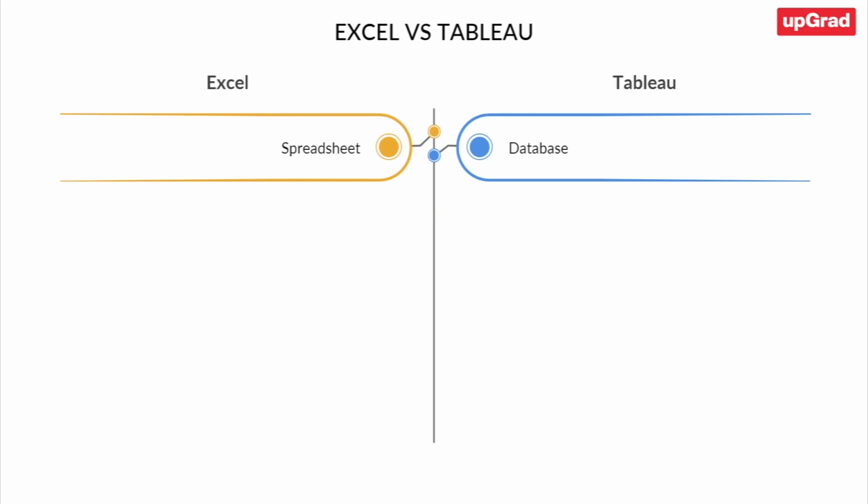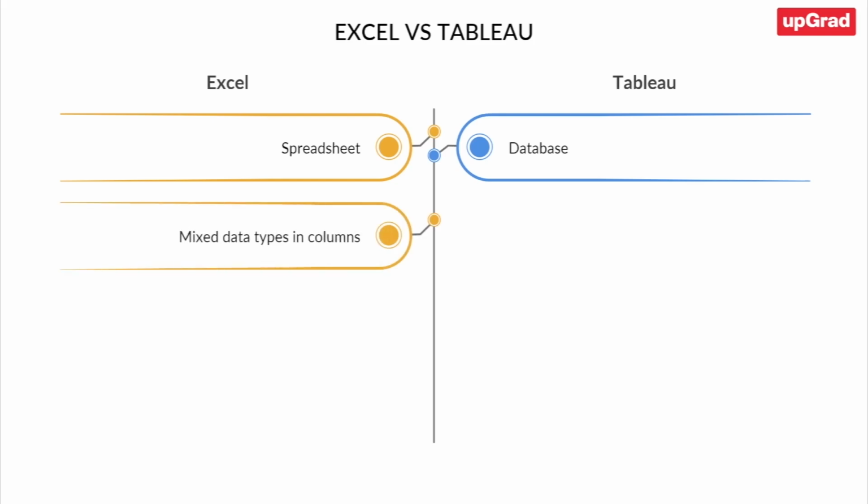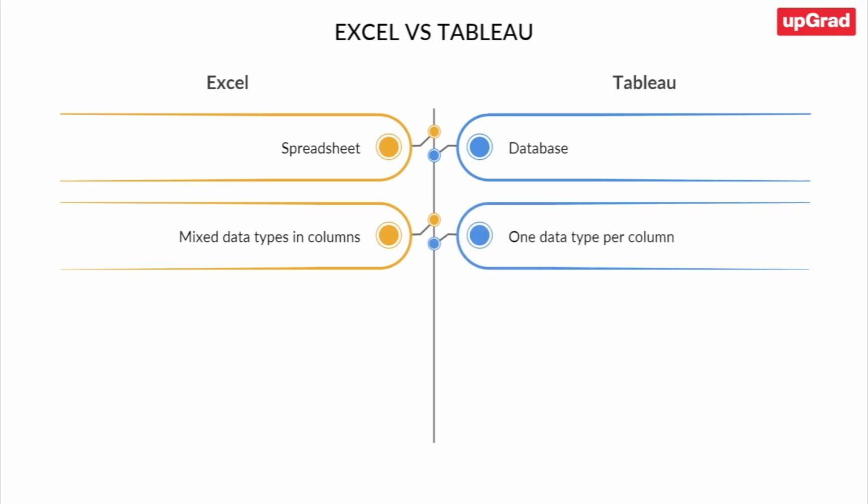Also, with Excel, you can have multiple data types in the same column. You can have text, and you can have numbers, all those things in the same column. You can have formatting. You can have all sorts of things to make things look pretty for your end user. Well, with Tableau, it's the other way around. The data has to come in raw, and then you can go in and create all sorts of amazing graphics based on the data, far more than you can do with